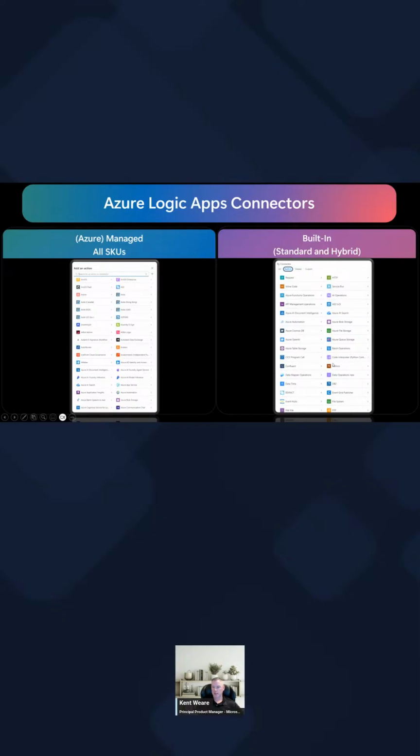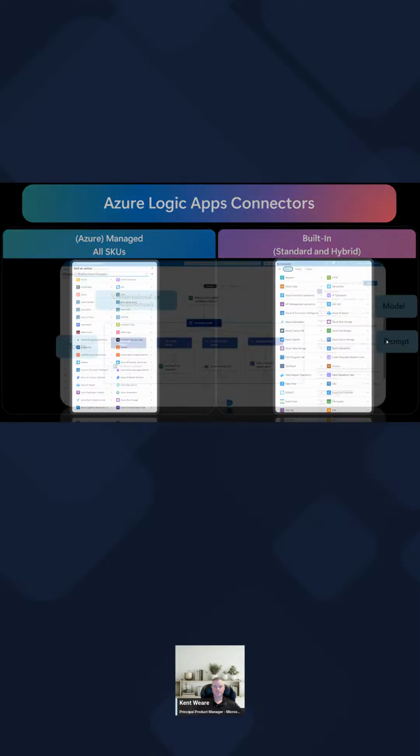One thing you'll notice is these were typically connectors built for high-volume processing: Service Bus, Event Hubs, Confluent Kafka, Event Grid, even HTTP and file system operations. These are all built in, giving you more scalability and more throughput, and it makes sense that those would run inside of local compute.